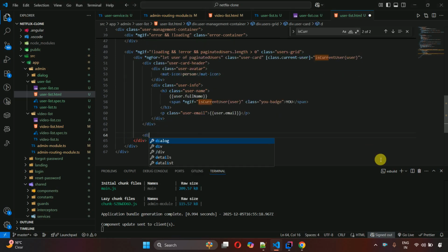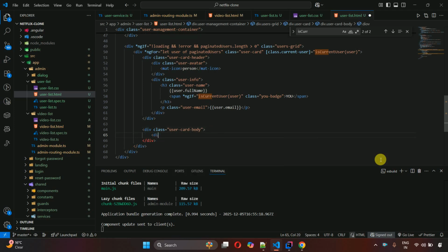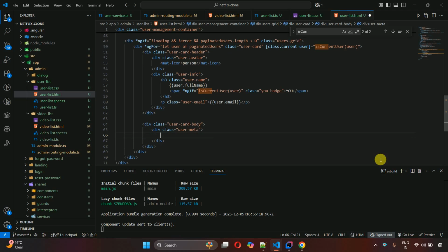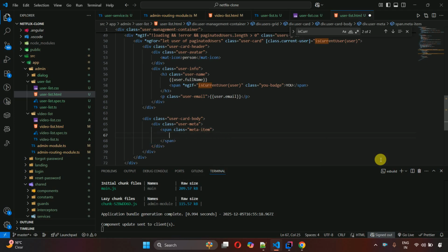So div class user-card-body, close this, and inside this one div class user-meta, and then the span class meta-item, and then meta span and class meta-label, and here we have to write role,